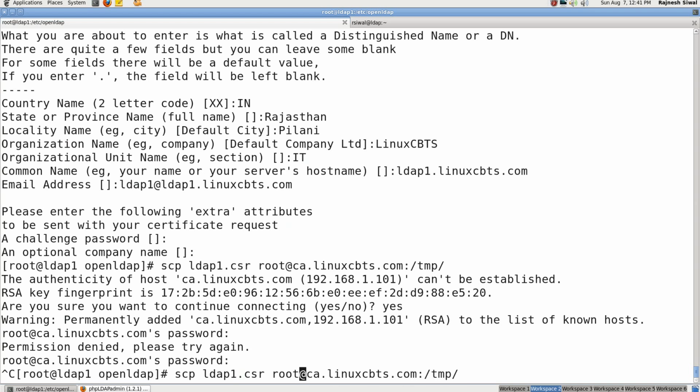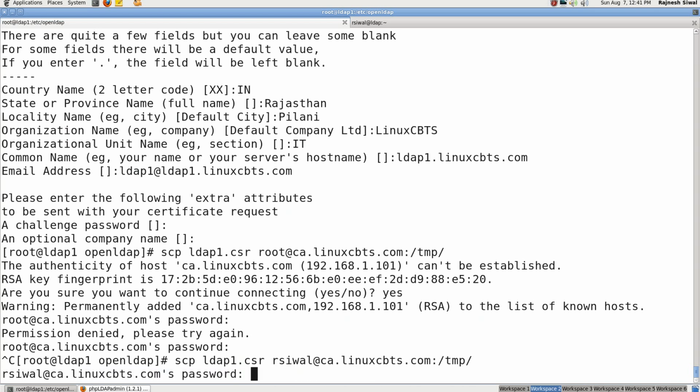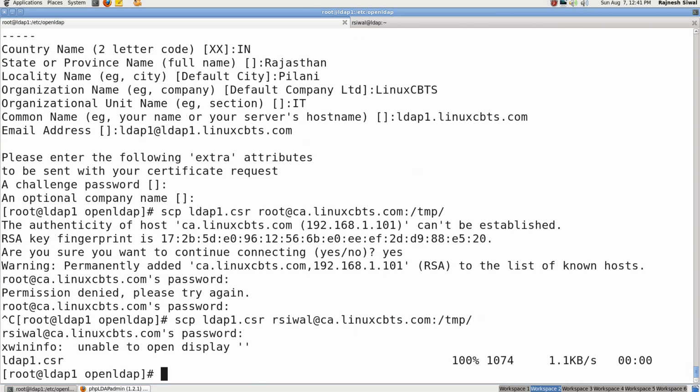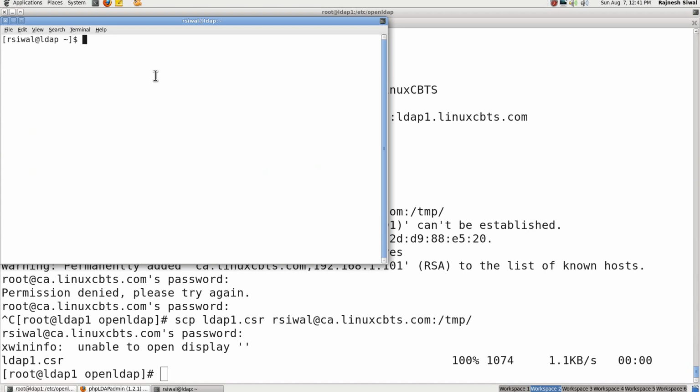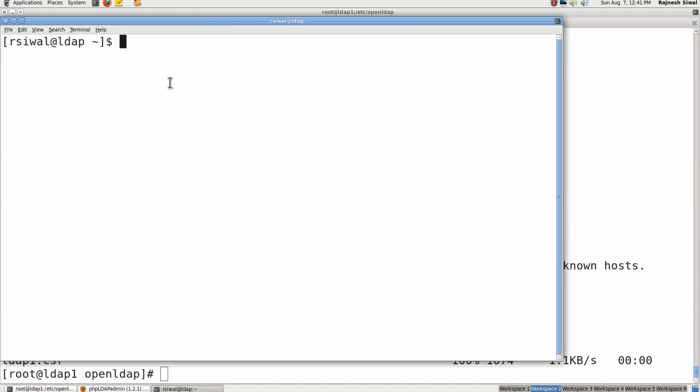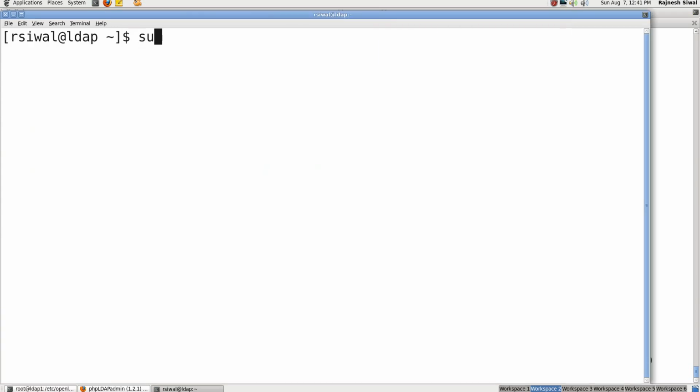Sorry, root login is not supported on it. So I have to sign that certificate signing request.